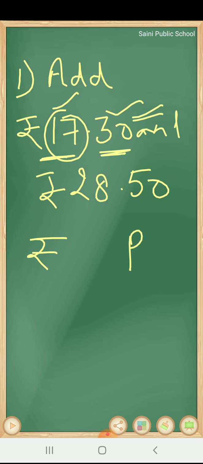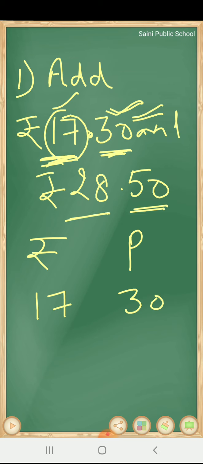Now here is 17 before the decimal, meaning 17 rupees. So I will write 17 below rupees. On the right of the point is the number 30, meaning 30 paise. As we have already discussed, there is a point between two numbers, and the left number shows rupees and the right number shows paise. So 17 rupees 30 paise. I will write 30 below paise. Now we will write the second number in the same way, 28 rupees, so I will write it here, and 50 is after the decimal, so 50 paise. I will write 50 here.